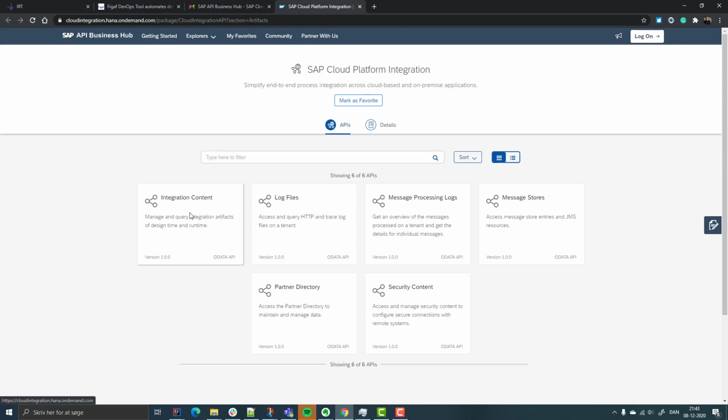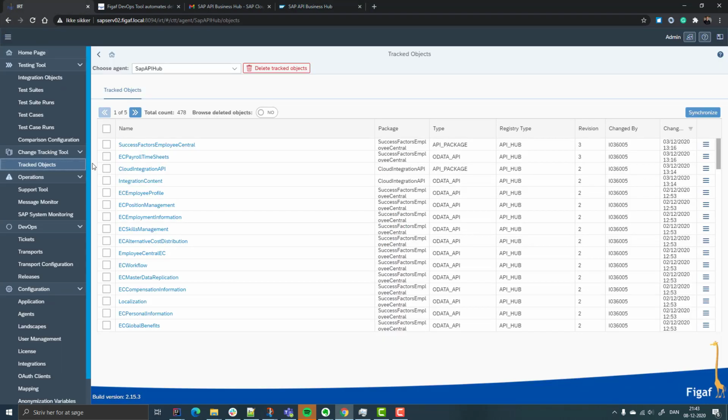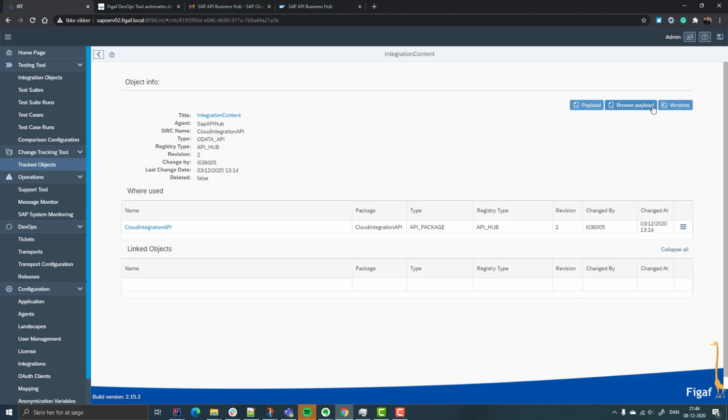We wanted to simplify this, so one of the things we've done is we've built a tool that looks at your favorites. If you've logged in with your S user and have added some favorites, it will download these messages. So in the Figaf tool, we have downloaded all of these API packages where there are changes, and that means we can actually see here there was a change on integration content. We can look at the versions,